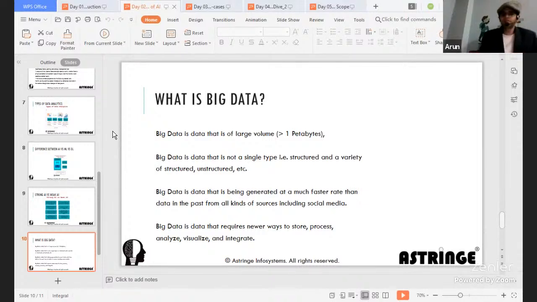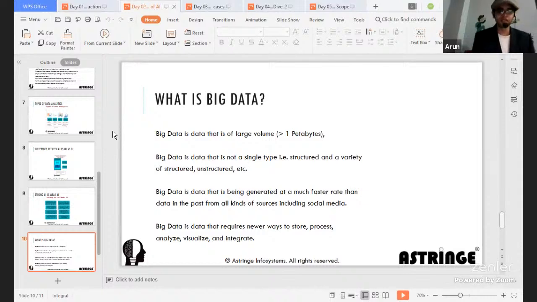So suppose our existing models are able to use the big data and predict properly, that's well and good. But if the same thing happens 20 to 30 years down the line, when the big data is so huge, and if our models are not optimized up to that level, the models may fail because the data is so huge, right? As of today there is no concern, but it will be a concern in the future, that if the big data is not controlled or not handled properly, our AI models may fail.